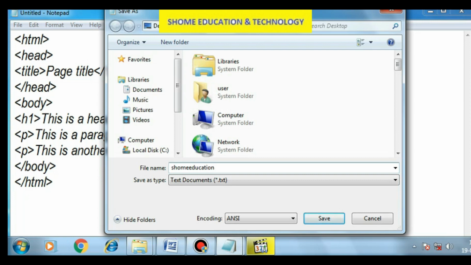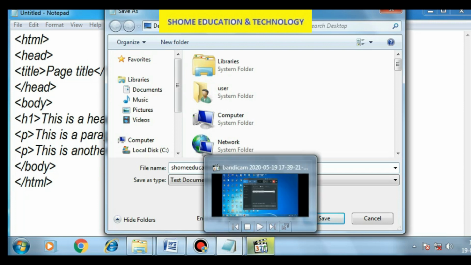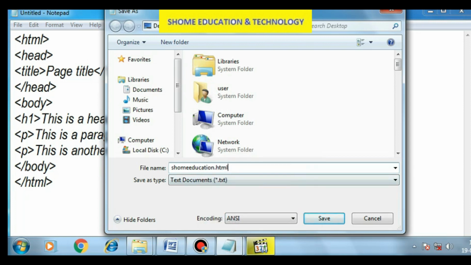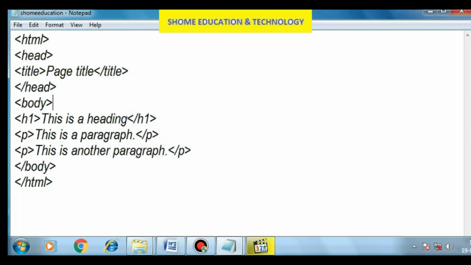Then the main thing comes: you have to give .html. This is mandatory. If you are creating an HTML file, then you must give .html in the file name portion. I've given it already, so click on the save button.